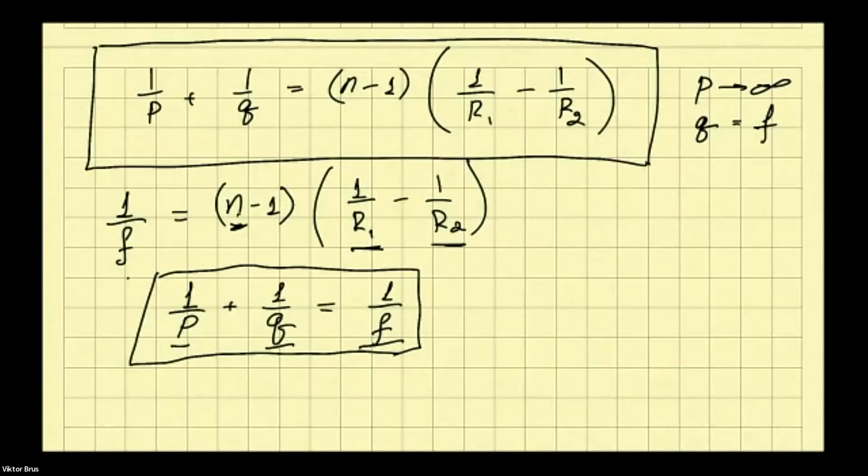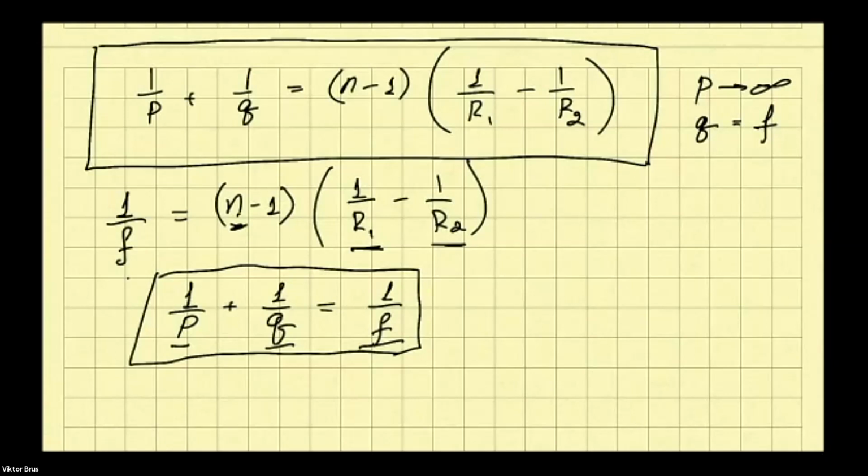Then we considered the image of the first surface as the object for the second surface, and assuming that the distance between these surfaces is very small because we consider a thin lens,